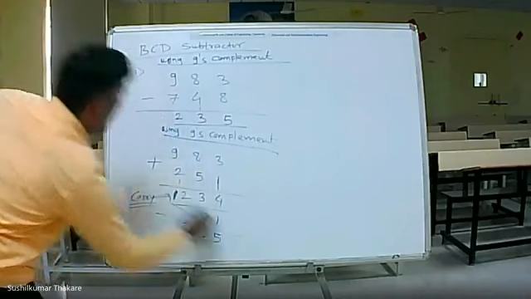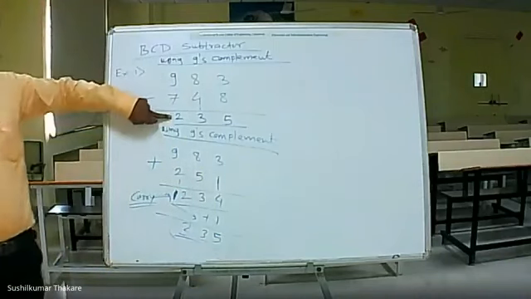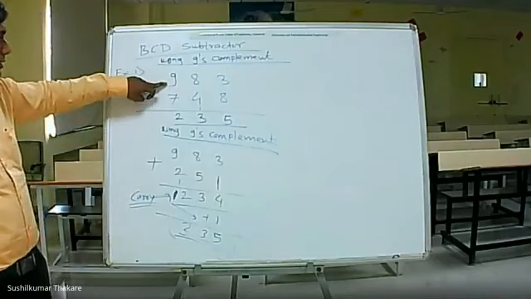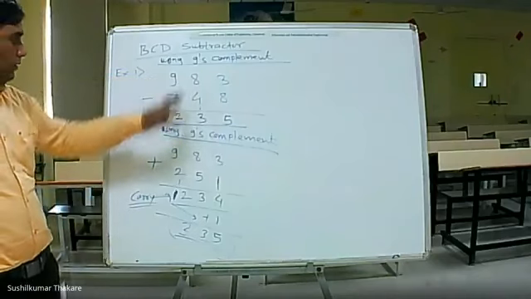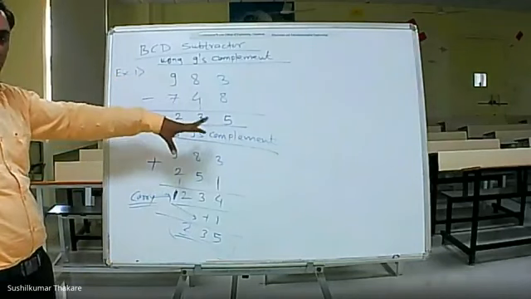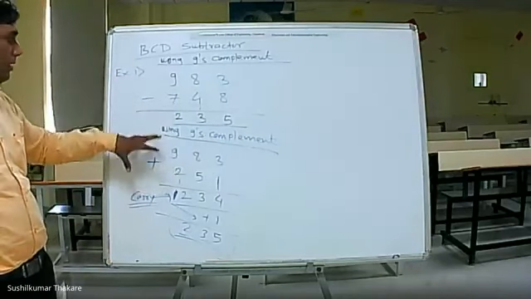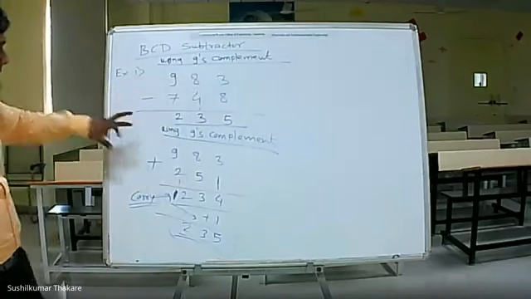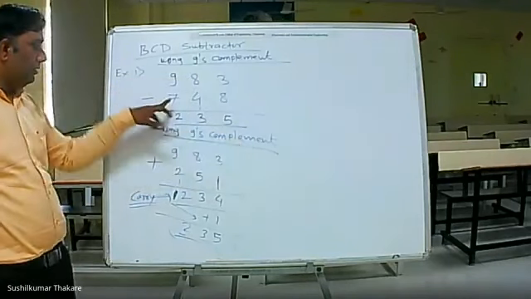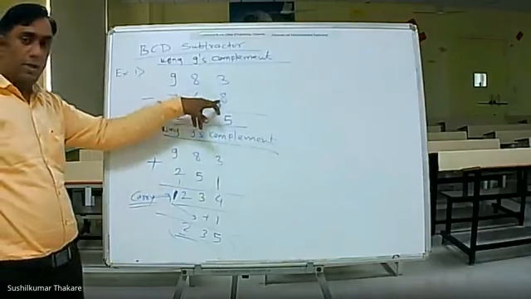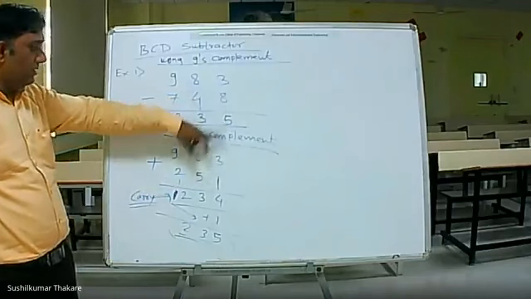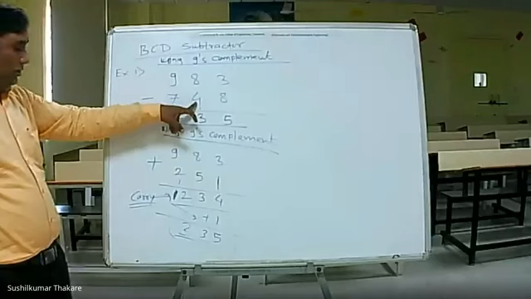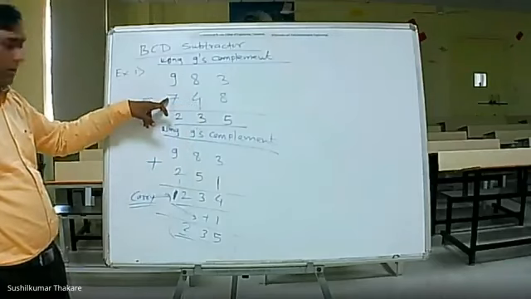This is 235. Actually, using 9's complement, the number is 983 minus 748. What is it in general subtraction? 235. So using the 9's complement method, 983 is written as it is, and this number 748 is subtracted from 9. 9 minus 8 is 1, 9 minus 4 is 5, 9 minus 7 is 2.